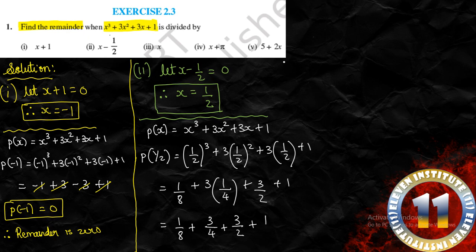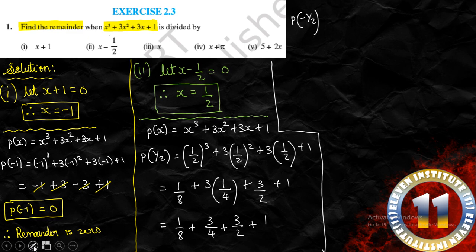Now here we need to take LCM, right? We need to take LCM over here. So now what is the LCM of 2, 4 and 8? The LCM of 2, 4 and 8 is definitely 8. So when I take LCM over here, I will display a detailed step so that you are very much clear about this. I am not writing P of 1 by 2 over here, to save the space. Right, what we will write is equal.